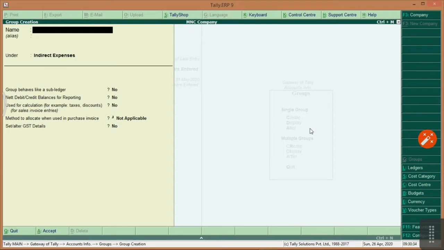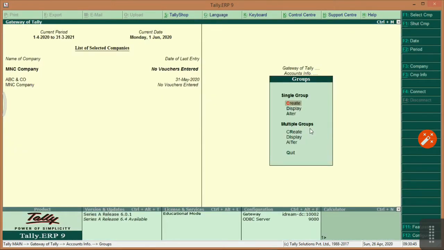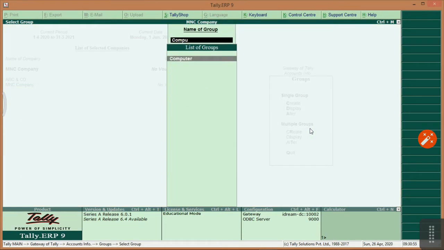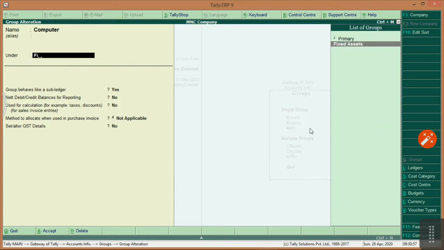Means if your accounting concept is not clear, then it is very difficult for you to understand any accounting software. So software is created according to accounting concept, but software doesn't know what is capital expenditure, what is revenue expenditure. Okay, just modify it, computer, and give the correct head, that is fixed assets.